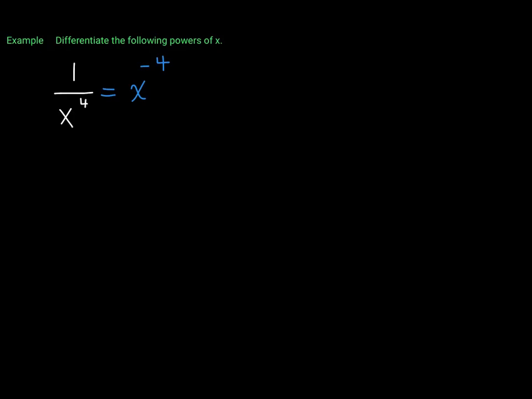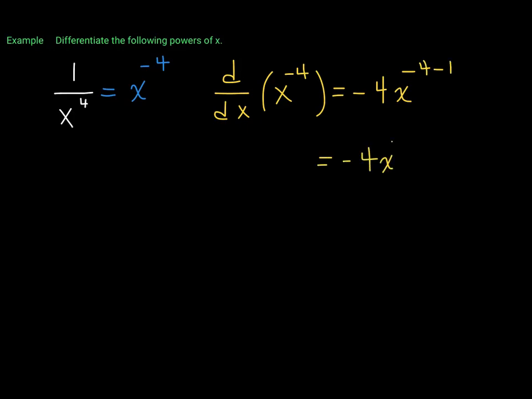All right, very good. Now that we wrote it like that, we know that the derivative with respect to x of this expression, x to the negative 4, is equivalent to negative 4 x to the power of negative 4 minus 1. So then it is negative 4 x to the power of negative 5. This can be rewritten as negative 4 over x to the 5th if we want to write it with a positive